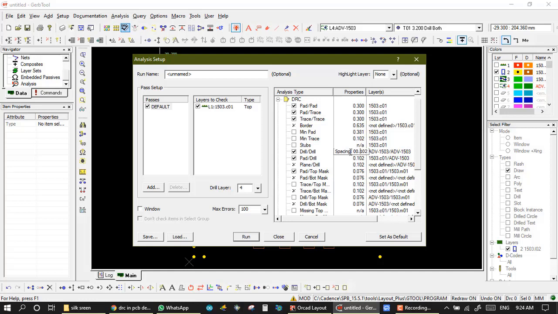Here we take drill to drill 200, pad to drill 3, and pad to mask in most cases 150. Okay, so here we set the property. It is not fixed at 0.3 mm, it is as per our production house, but we take 0.3 here for our example, and we increase the maximum error. Now run.